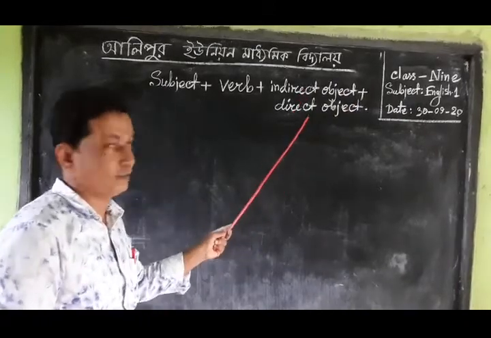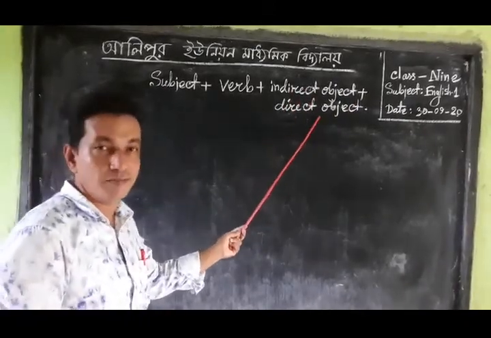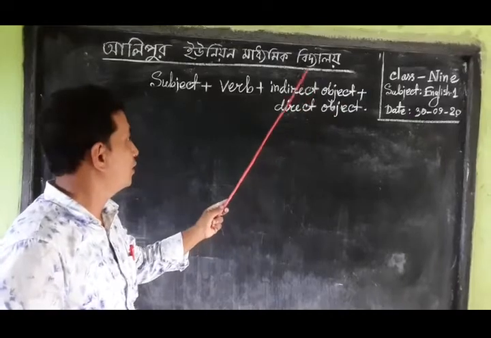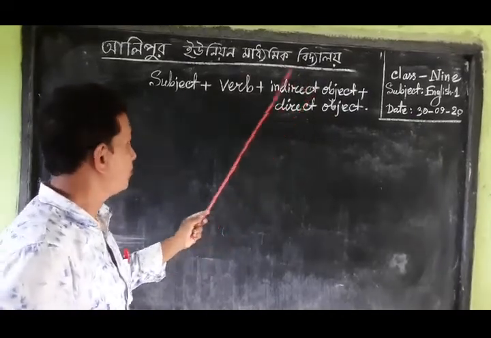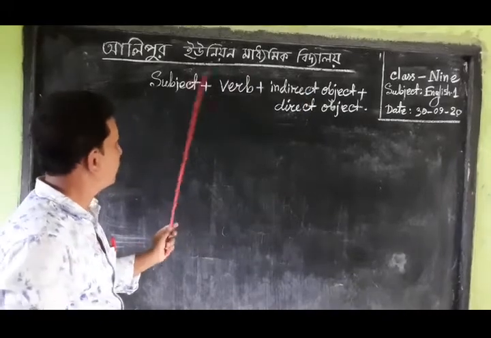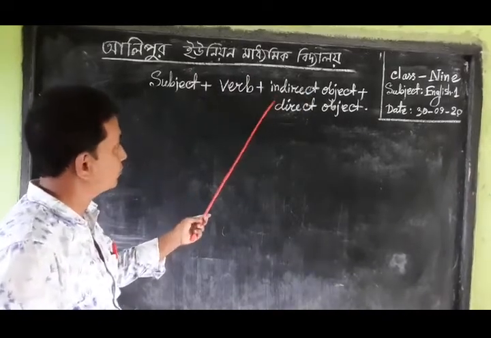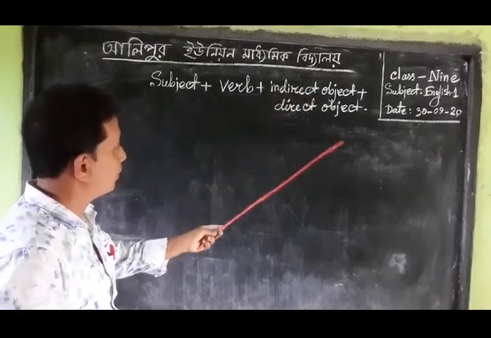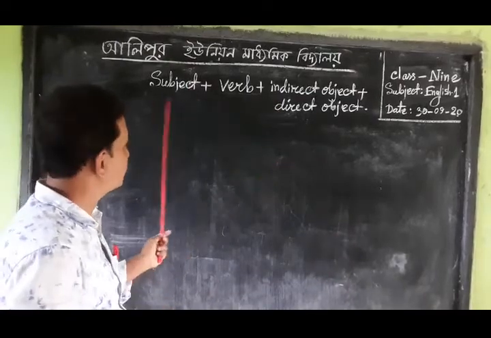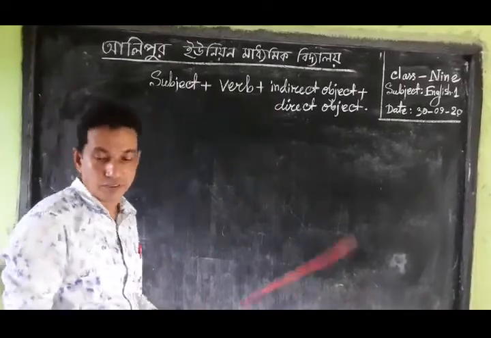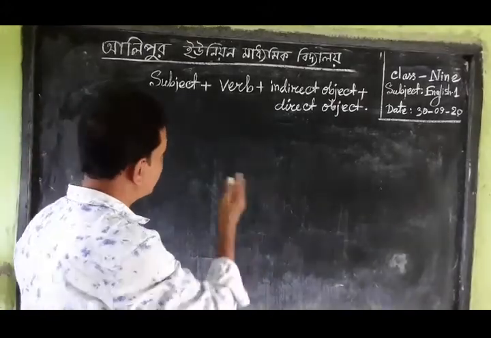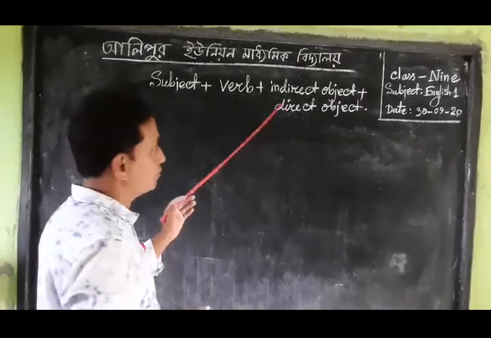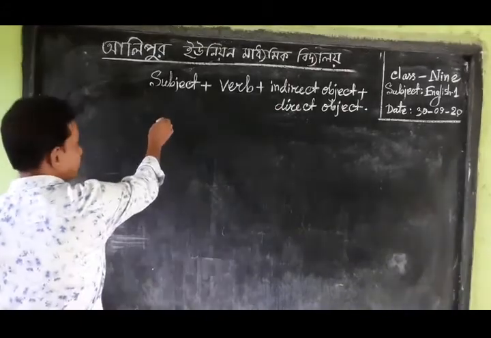There are two objects here. One is direct and the other is indirect. So when the structure is in such a position, then we have to write based on the structure. Suppose I am giving an example using this structure, such as